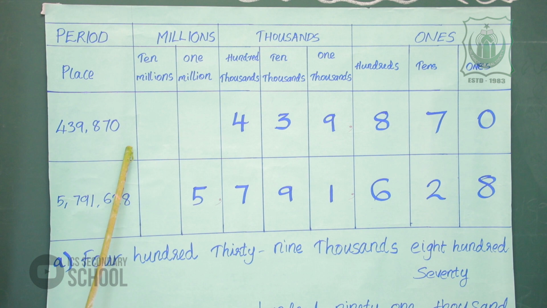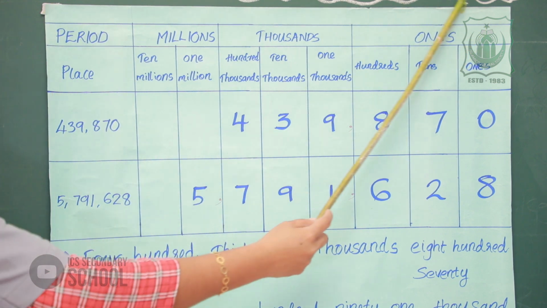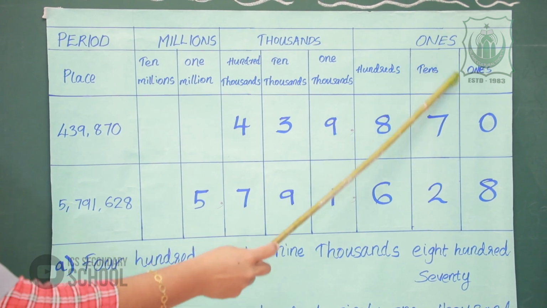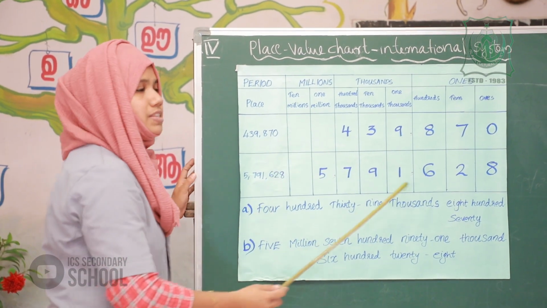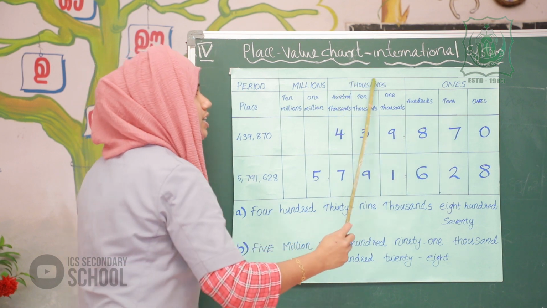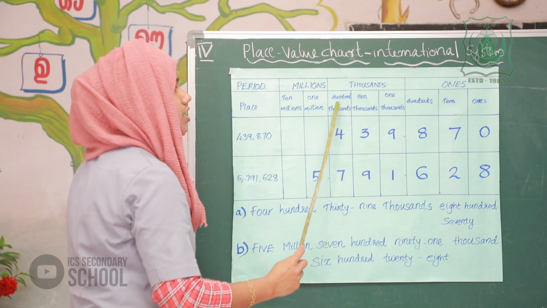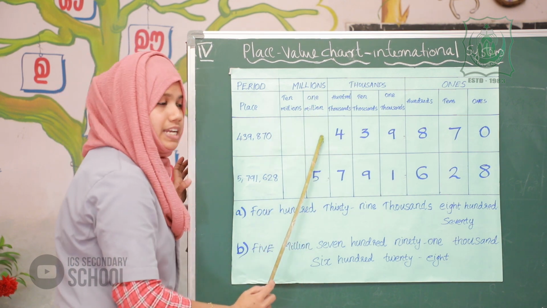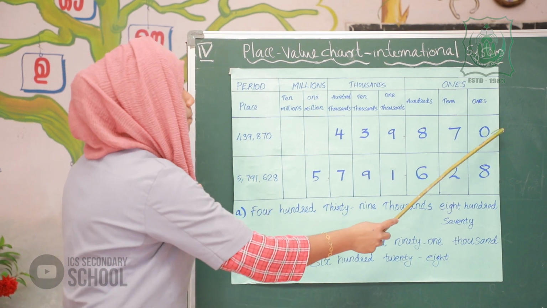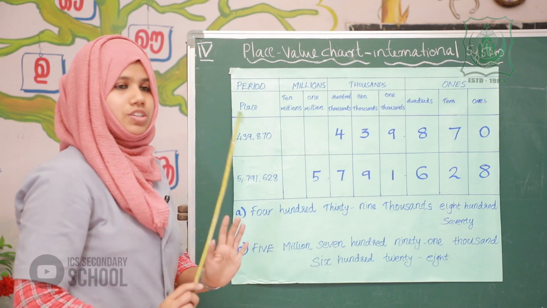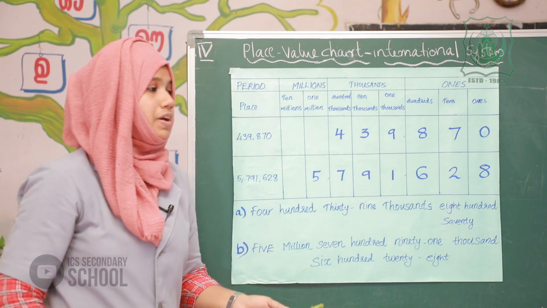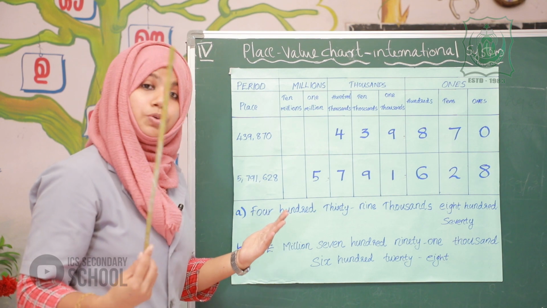If you get a number, first draw the place value chart. Write all the periods. There are 3 periods. Each period is again divided into sub columns. Ones consists of ones, tens, hundreds. Thousands consists of 1000, 10,000, 100,000. Million consists of 1 million and 10 million. Is it clear? Okay. So if you get a number, put all the digits here and complete it. In the same way, you put commas between periods, after each period.